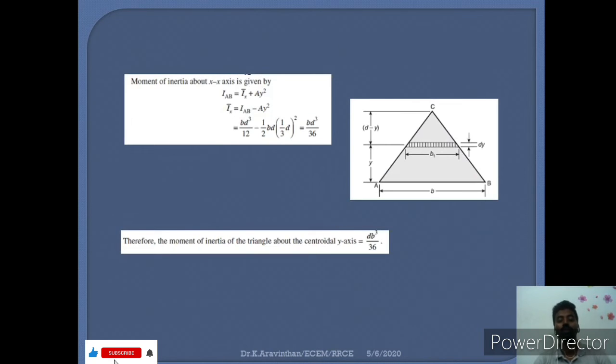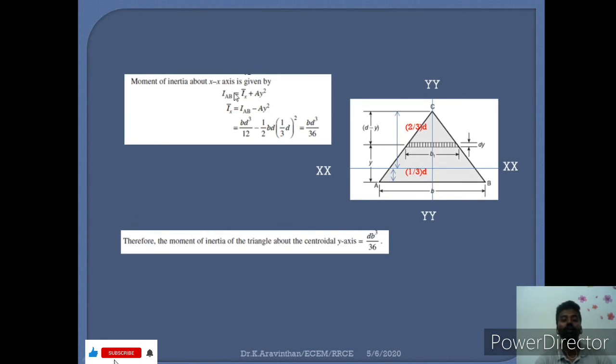And if you want moment of inertia at x-x axis, what you have to do? You have to draw a line y axis and x axis. So this axis coincides with the centroid, and the centroid will act at 1/3 and 2/3. This you already know while discussing the centroid concept. So from the bottom, the centroid will act at 1/3 and the remaining part will be acting at 2/3. Here you should know this concept.